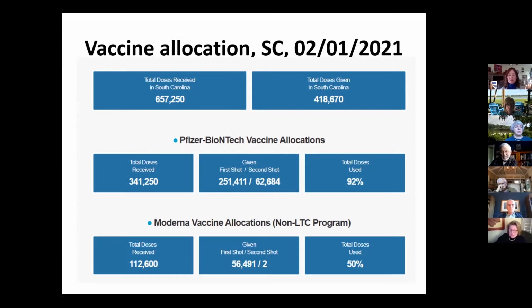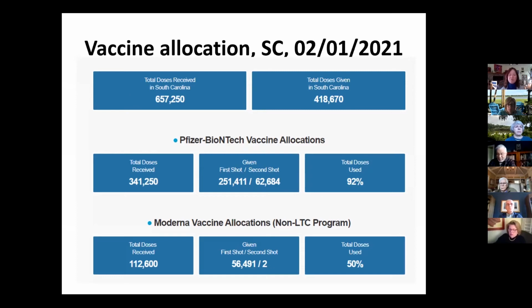Just to walk you through this, about 700,000 doses received in South Carolina and over 400,000 doses given, but that's because it breaks down into different types of vaccine in different localities. Of the Pfizer vaccine, that's the one that goes to workers in healthcare settings and age 70 and above, 92% of those have been in arms. The Moderna vaccine has been going strictly to long-term care facilities. We've just started getting it to other places as well. To avoid confusion, because you don't want to mix and match these vaccines, we do not want facilities that have both, because we're concerned about the potential for people getting one dose of one vaccine and the booster of the different vaccine.